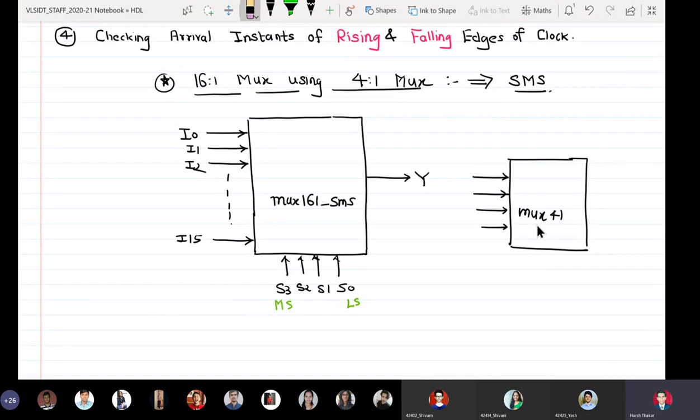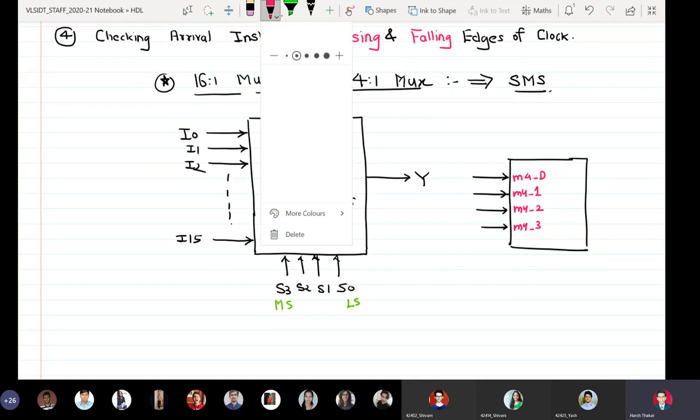And as per our rule, because the parent entity has inputs I0 to I15, we can give the names as M4_0, M4_1, M4_2, M4_3.